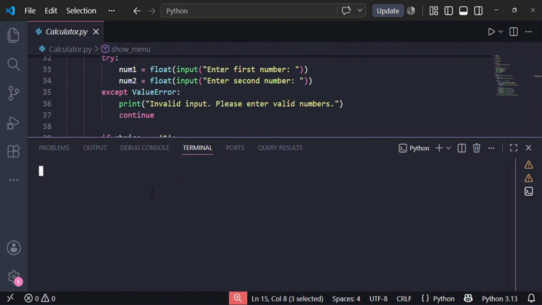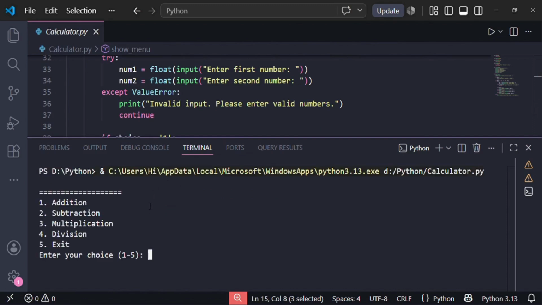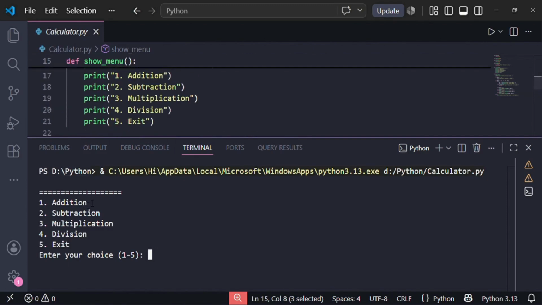Right? Conclusion. And that's it. Congratulations. You have built your first Python calculator. In this project, you learned